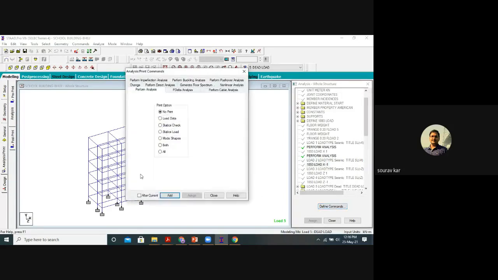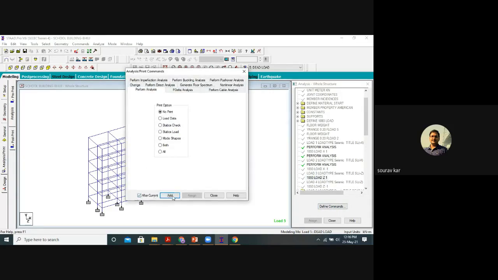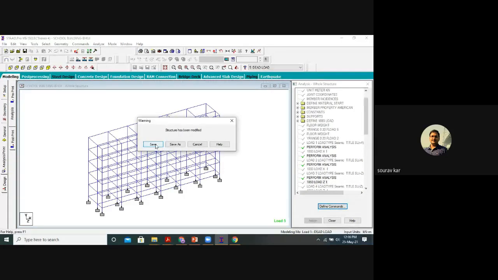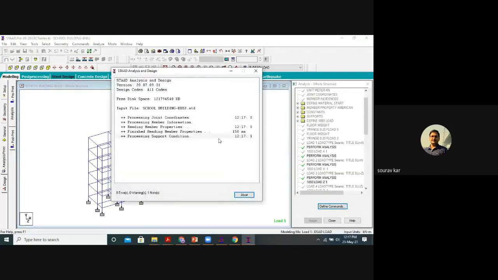So I am doing this, define, add current, and lastly, okay. So finally we will analyze. Already perform analysis has been added. So we are analyzing. Let us check.